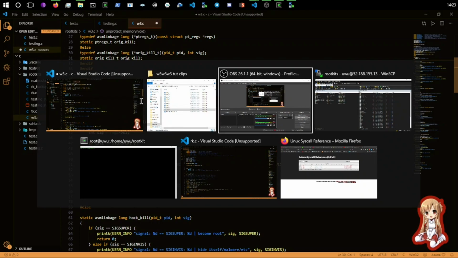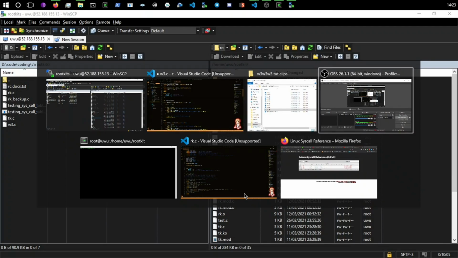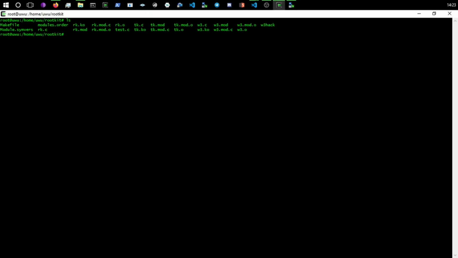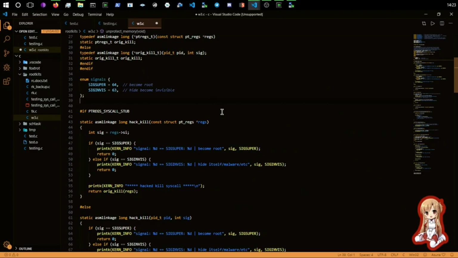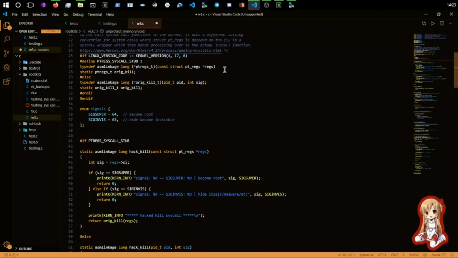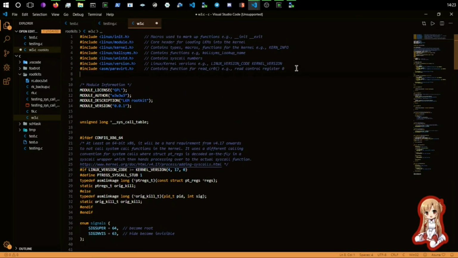Okay, so let's go to the VPS. I'm going to put w3.c into there. I'm already logged on the VPS. So we're going to use the makefile like we did in part 1. So I'm going to do make, and we got some errors. Okay, it happens sometimes. I've already looked over the code, and I can see that I'm missing the colon there. So I'm missing the colon, and we've got to include one more thing as well. We've got to do include